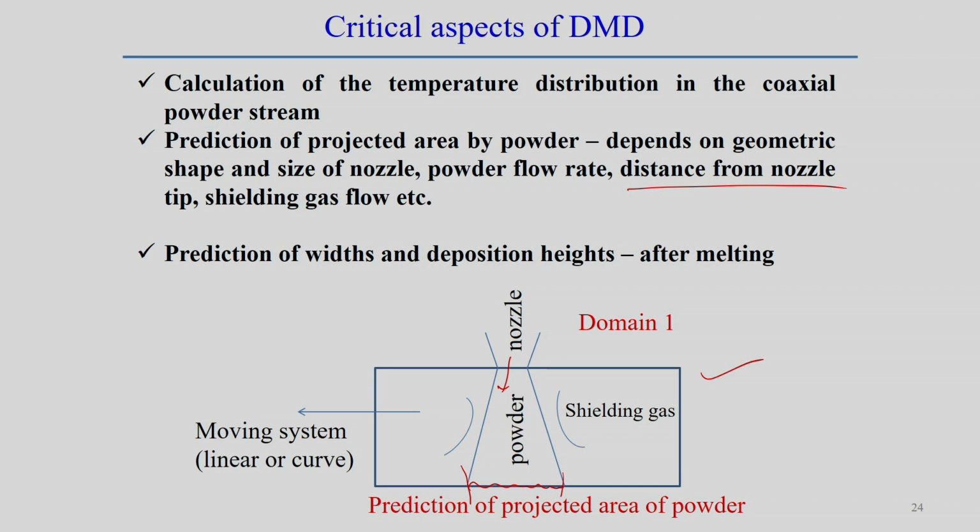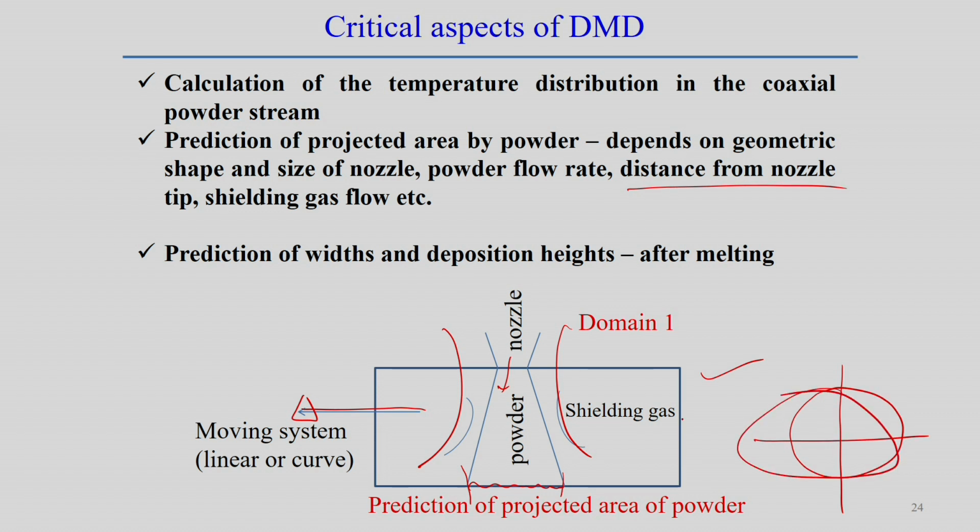So, you can see that it is a moving system, that means the nozzle as well as the laser source are moving at a particular velocity, and at the same time the sealing gas flow rate is also there. Accordingly, this projected area may not be very circular; rather, this projected area may be elliptical in sense. So, we are able to predict these things by looking into this moving system.